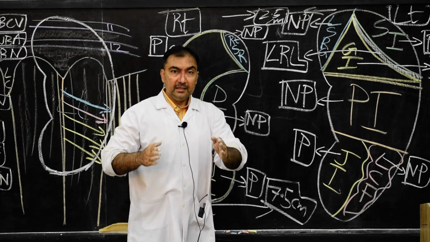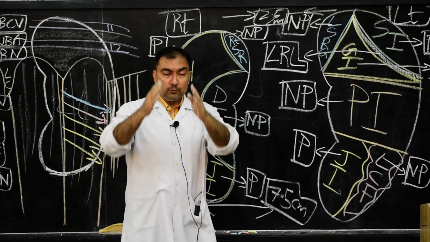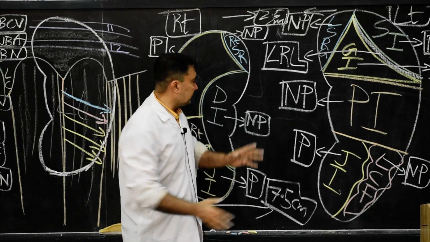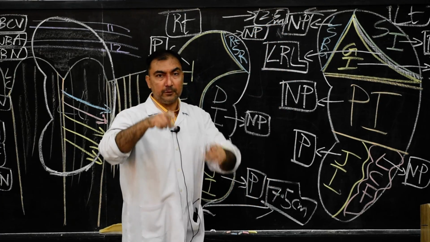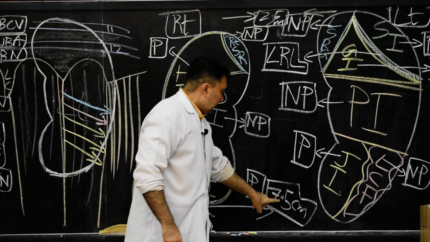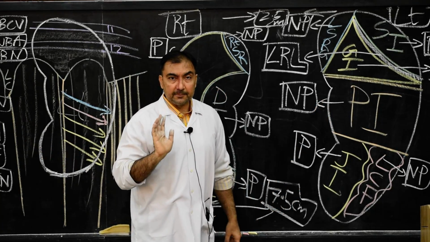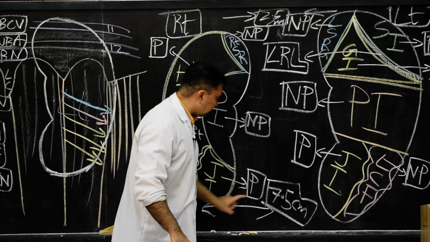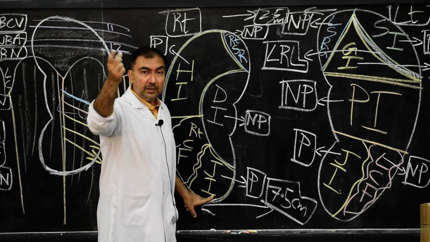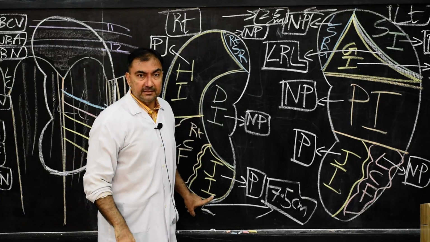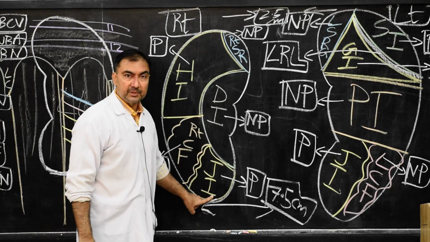In the beginning, I had discussed with you that the long axis of each kidney is directed downwards and laterally. So this is how the kidneys are directed, downwards and laterally. The upper ends 2.5 centimeter away from the median plane. Lower ends of both the kidneys will be 7.5 centimeter away from the median plane. And one more point, the lower end will be 2.5 centimeter above the highest point of the iliac crest.